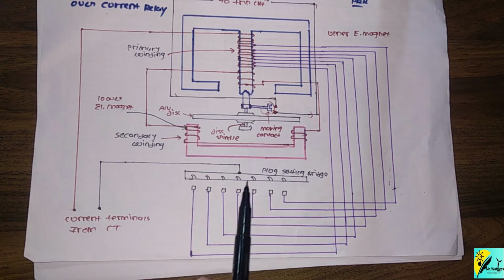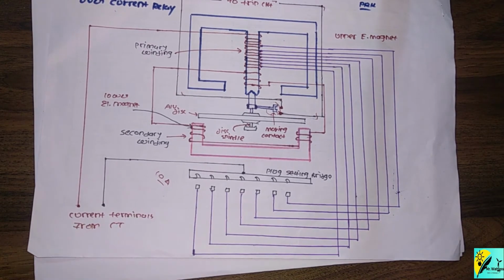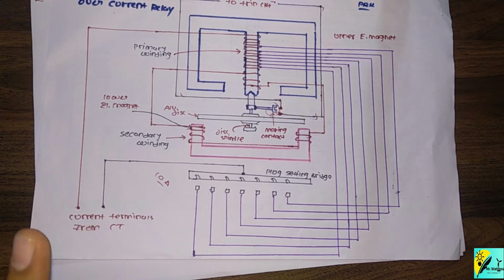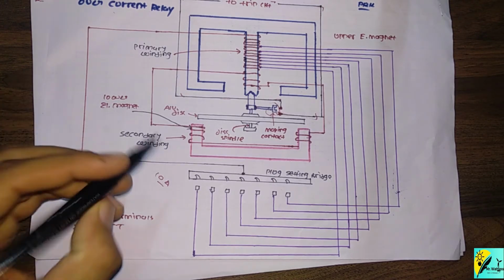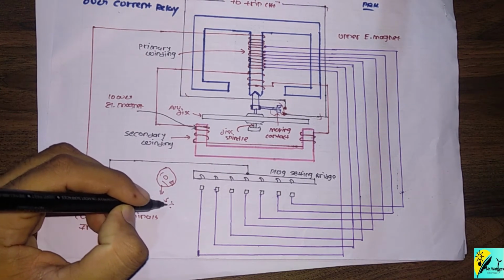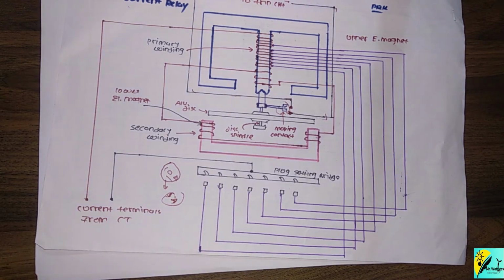Fine. So thus a relay current rating may be, let's say, 10 ampere. So it can be connected to a CT with secondary current rating of 10 ampere. But with the 50% setting, the relay will start operating at 5 ampere, because 50% of this 10 ampere will be your 5 ampere. Fine. So adjustment of the current setting is made by inserting a pin between the spring loaded jaw of the bridge at the proper tap value required.